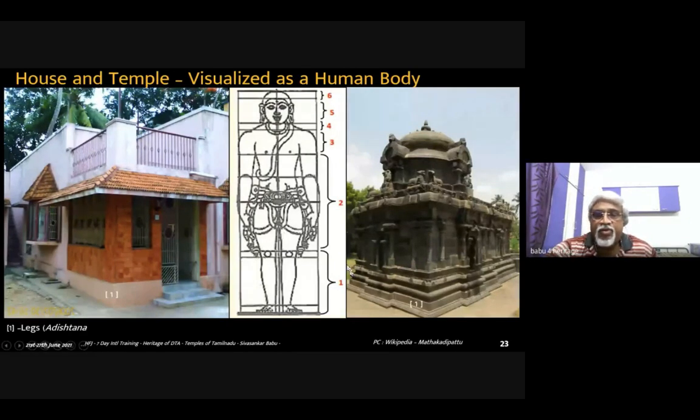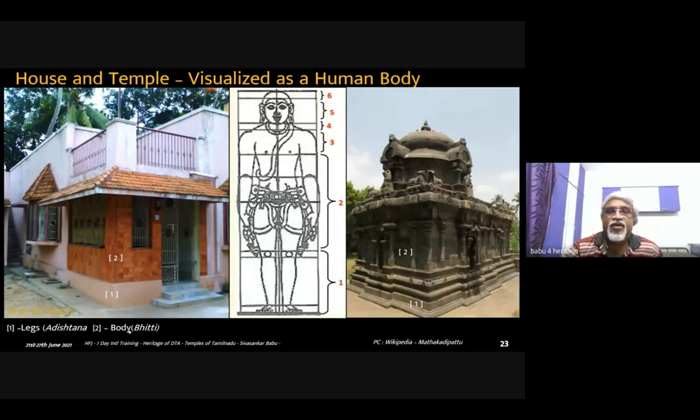So here we have the legs part. This is called Adhisthana in Dravida temple architecture. You can see the number one here and here. This is the base foundation part, and here also we see a foundation. If you see this from the temple's vertical plumb line, it is expanding further and further to give a strong base. The second part is the body, which is equivalent to the wall in the house, and the same kind of wall is called Bitti here.